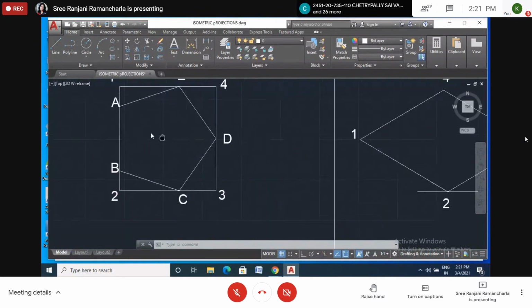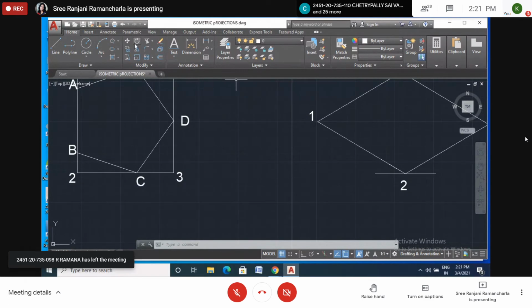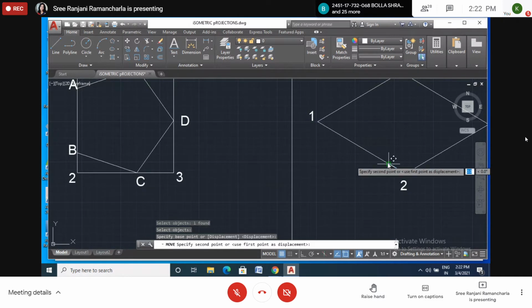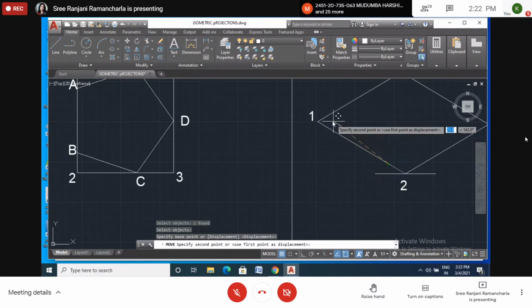So what I do now, I will just copy that line. It will be selected because I drew only this line, from here to here. Copy. Then I want to take a displacement here, not here, because if I take here, I can easily choose this point. If I take here, I can't choose exactly where it is. I have to take it so that this other end coincides with this corner. So I want to select this as a displacement. Now you see, it's moving.